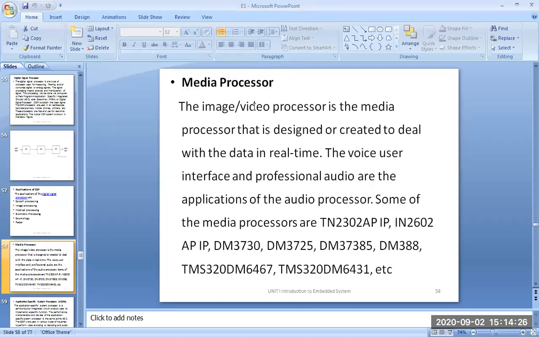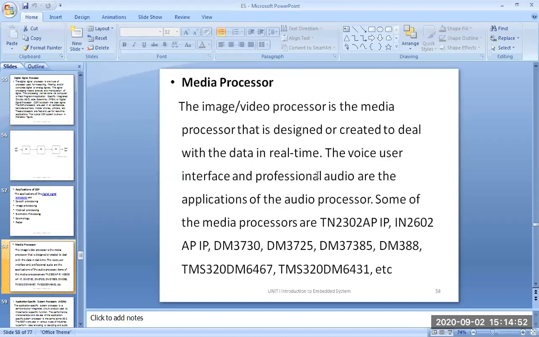Next, the media processor. A media processor is much like a DSP processor, but these are used in televisions. The image and video processor is the media processor that is designed to deal with data in real time.